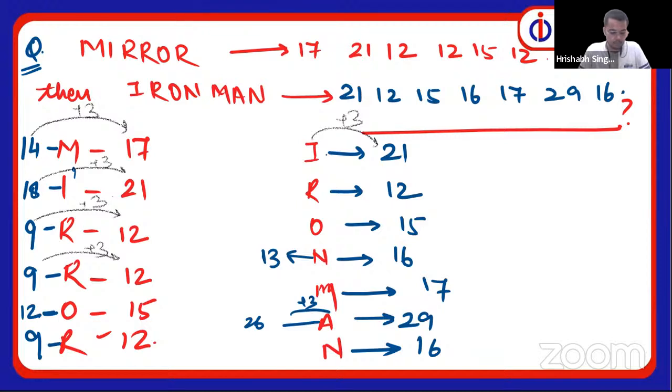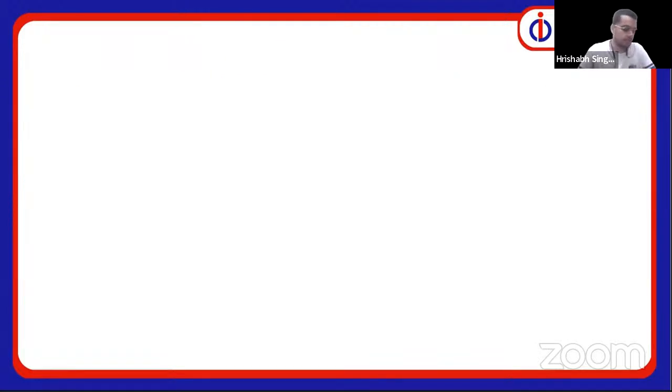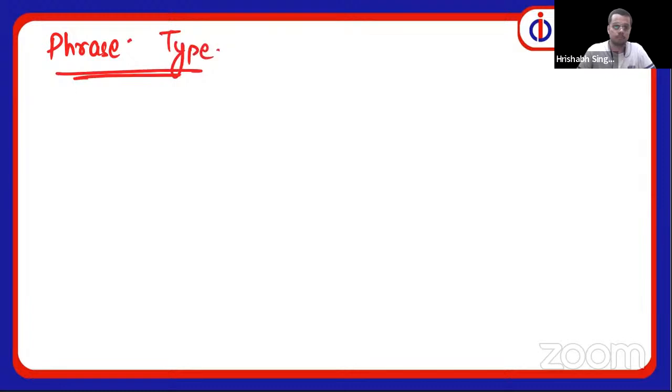Okay. Now let's do another type. The phrase type question. The phrase type, where phrases are coded. For example, there is a question: had, lad, sad. Then